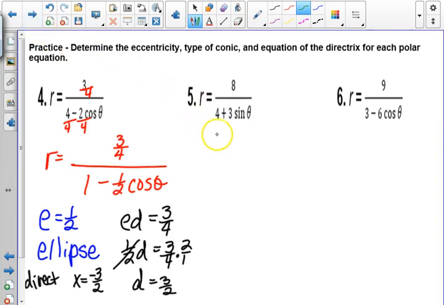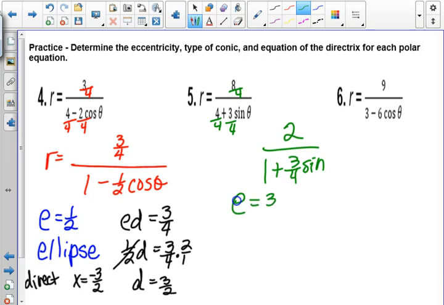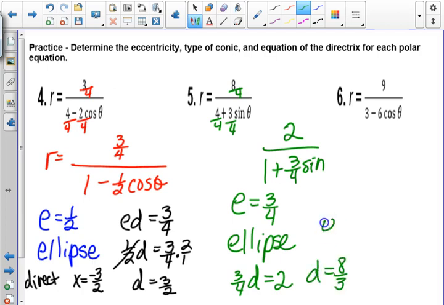Who's got 5 done? We divided by 4, which made 2 over 1 plus 3/4 sine. What did you have, Sarah? E equals 3 over 4. Ellipse. 3/4 D equals 2 meant D equals 8/3, so Y equals 8/3. Okay,